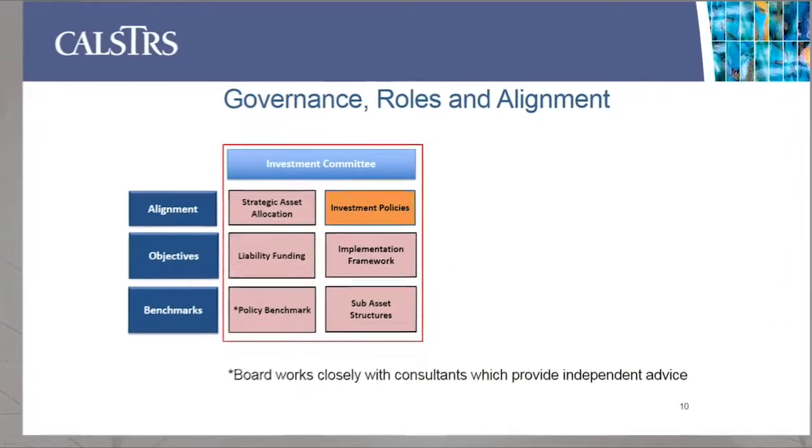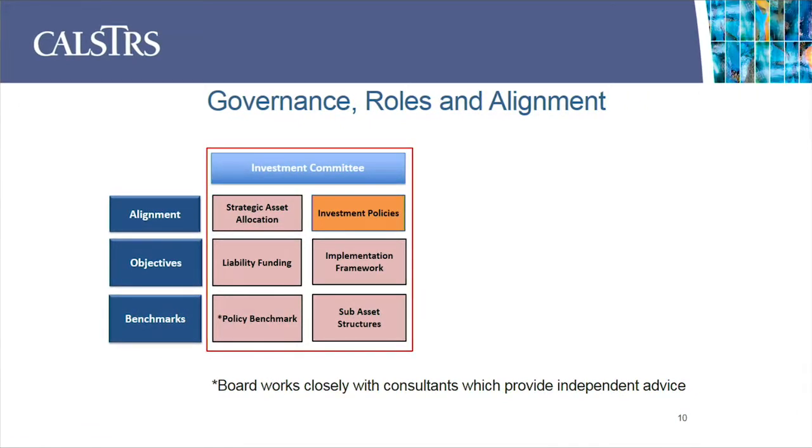So starting with the investment committee, we're embarking on the asset liability study. You're going to set the strategic asset allocation, and that objective is to fund the liabilities. 61% historically of that strategic asset allocation decision is responsible for funding the liabilities. And the other part are the contributions. So that objective then is displayed or represented by the policy benchmarks that I have displayed in an ensuing slide.